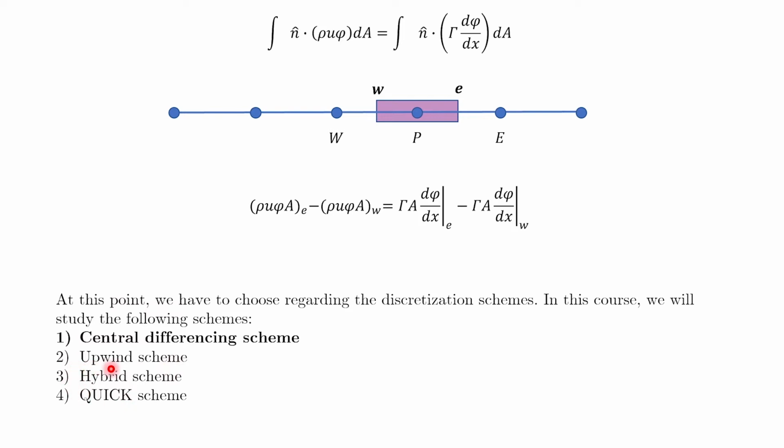Then we'll talk about a hybrid scheme, that is basically some sort of hybrid of the first and the second type of schemes. And finally in this course we'll talk about what is called a QUICK scheme. So you don't really have to get scared right now. We are going to build up on the central differencing scheme, which we have also looked at. Recall that we have looked at the central differencing scheme for the conduction problem. So we are going to stick to that for now and try to use the same scheme for the convection diffusion problem.